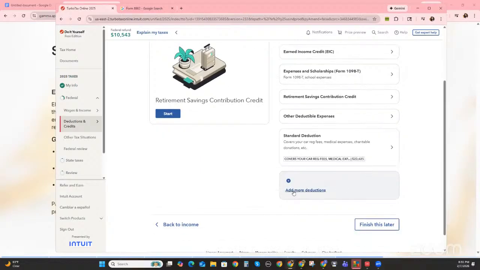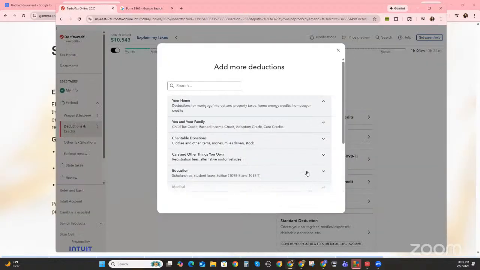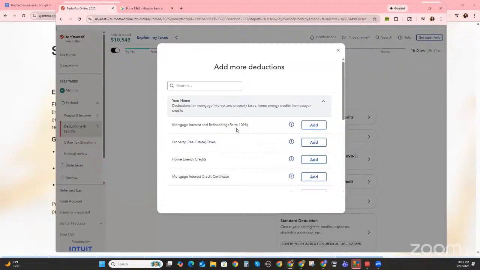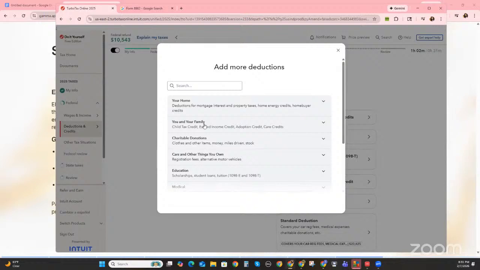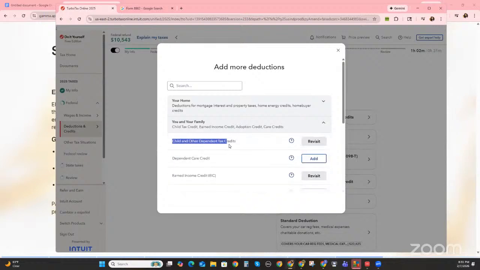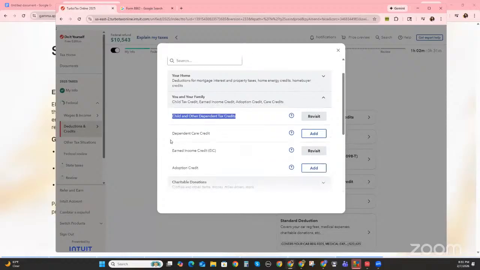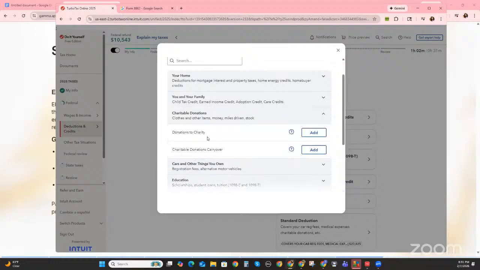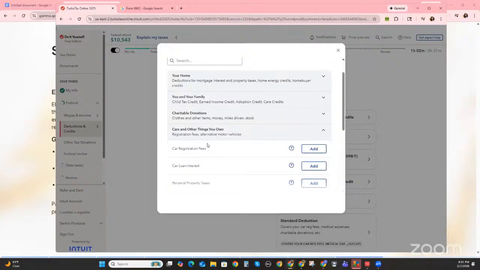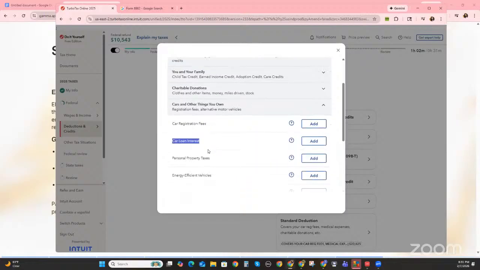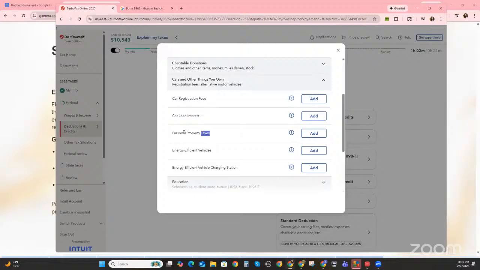Okay, and then look on here, if you feel like you forgot to add something, you can go on here and see if you can add more. Like I was telling y'all about mortgage interest, real estate property taxes. We just went over the child and other dependent credits, these earned income credit. If you donate to charity or donate to your church, registration fees. Remember, I told you about that car loan interest, personal property. That's big in different states, personal property taxes,